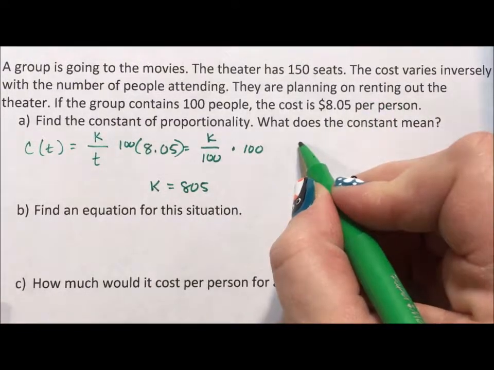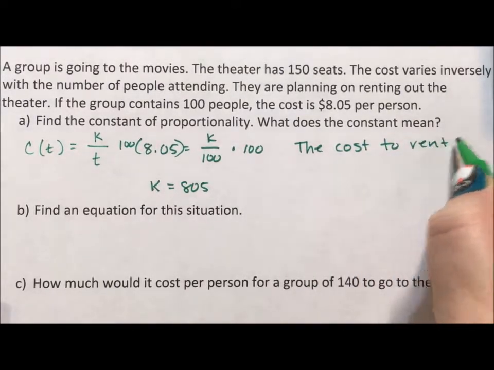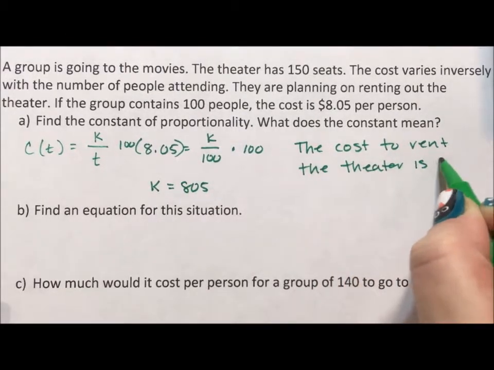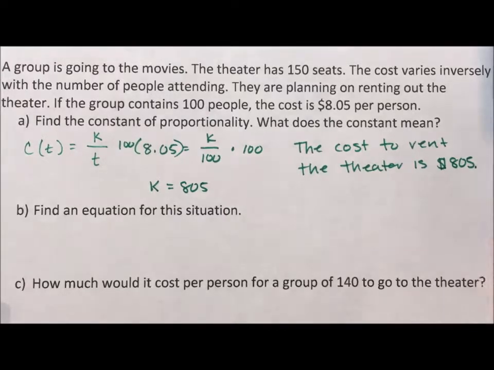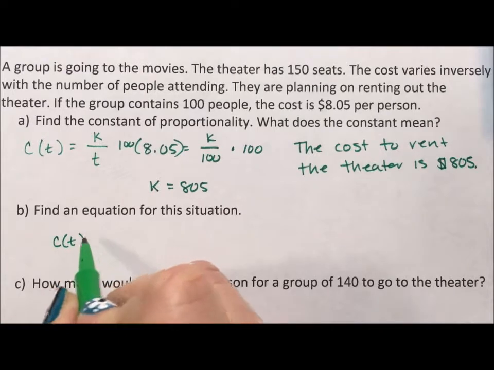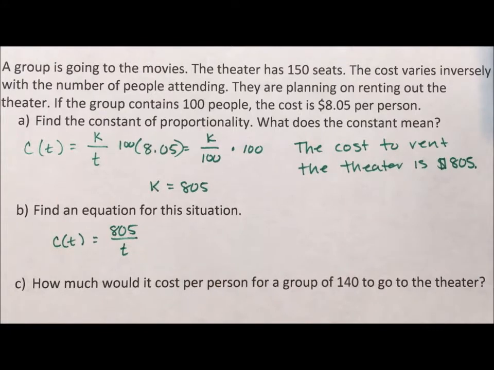It means that the cost to rent the theater is $805. Find an equation for the situation. All right, so the charge per ticket is $805 divided by the number of tickets bought. How much would it cost per person if a group of 140 went to the theater? So the cost for 140 people is 805 divided by 140, and if we divide that out, we get that it is